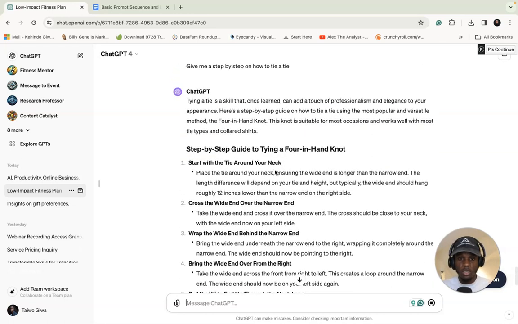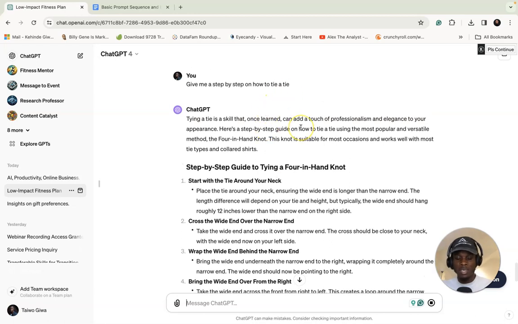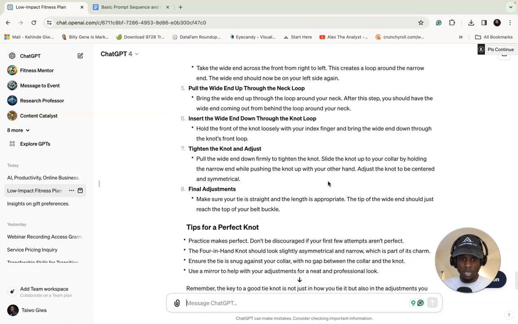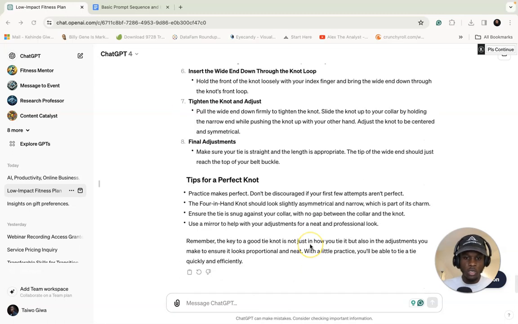You could even go further to say, give me a step-by-step on how to tie a tie as if I'm a 5-year-old, right? And you could also add that as if I was a 5-year-old to any other prompt that you want to have, and it's going to break it down into simple bits for you. So here are the answers. You can see it broken down. Every single thing is there. So another one is